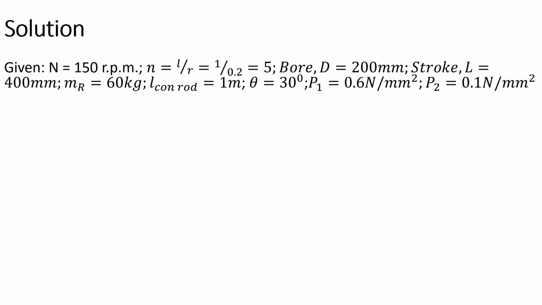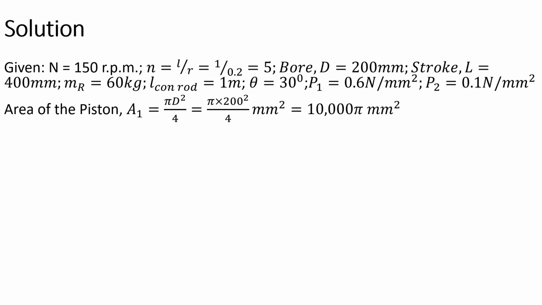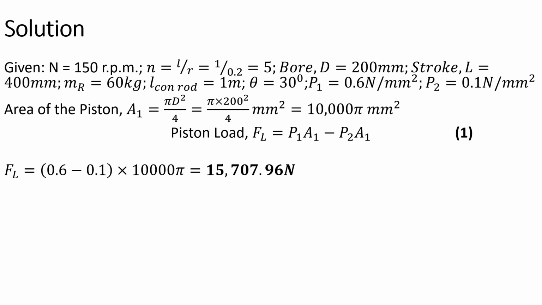Theta is the angle between the inner dead center and the crank. P1 is pressure on the cover side. P2 is pressure on the crank side. So first thing we do is we calculate the area of the piston, and that is given by, we get 10,000 by millimeter squared. Piston load is given by equation 1, from which you can be able to get the piston load, and it comes to